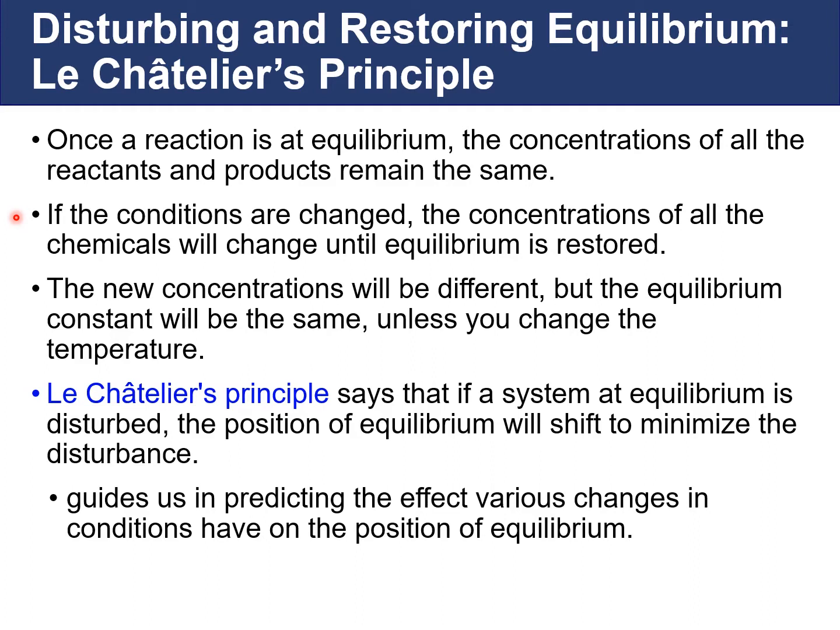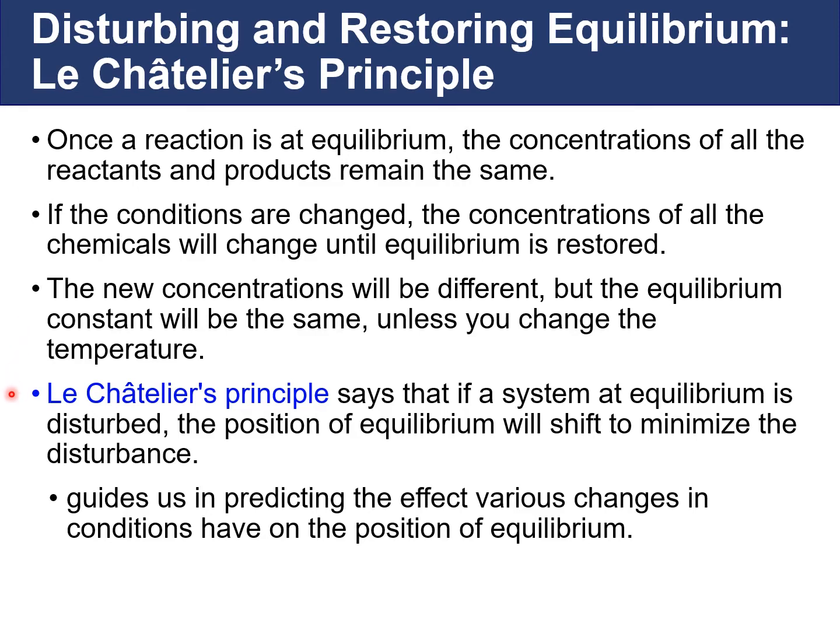And so the ratio of products over reactants raised to their respective powers will result in the same number. The new concentrations will be different, but the equilibrium constant will be the same. That is, unless you change the temperature. So as long as we do not change the temperature, the ratio of products over reactants raised to their respective coefficients will be that same equilibrium constant. The actual concentrations that we are plugging into the equation will be different, but the value of the ratio will